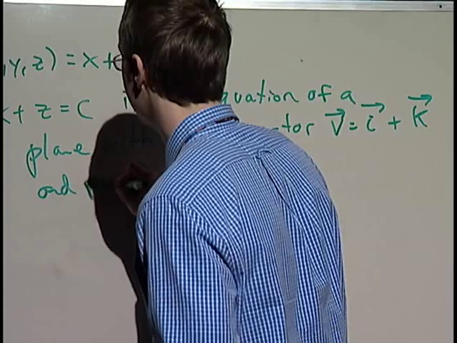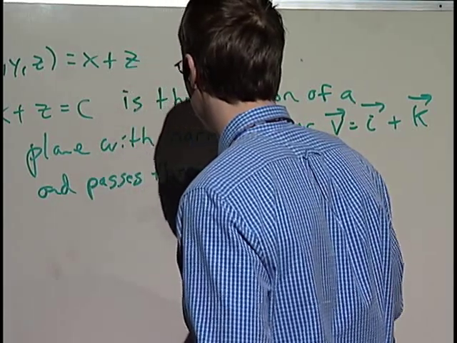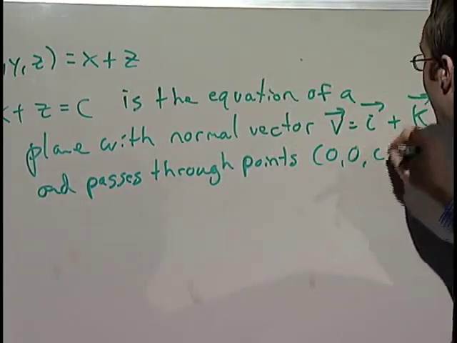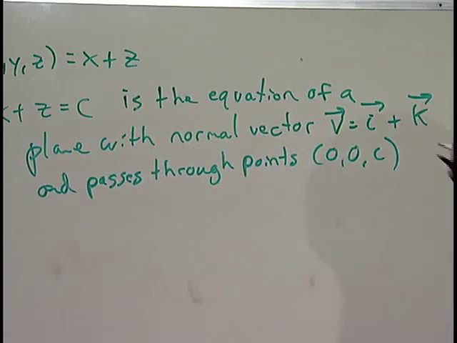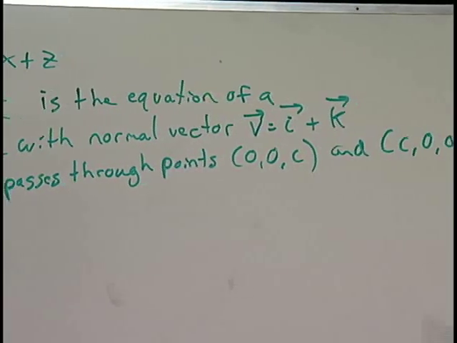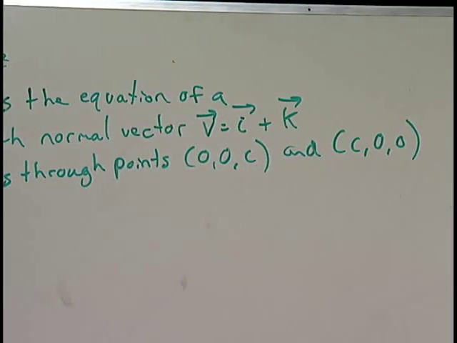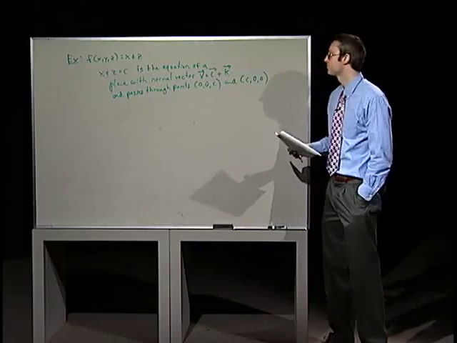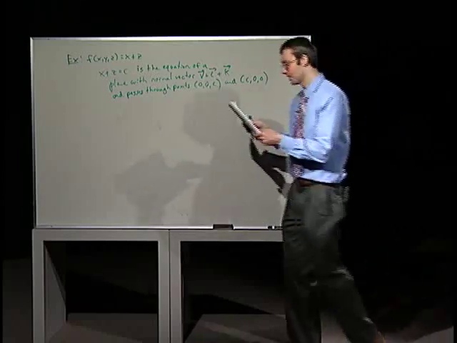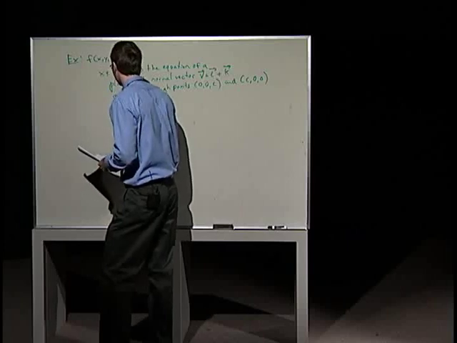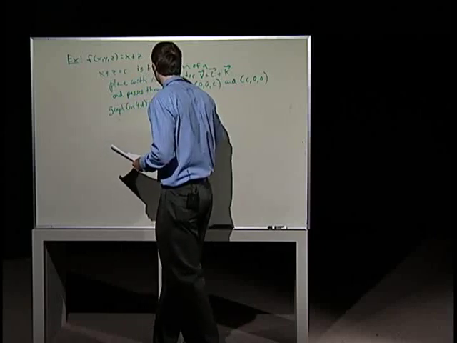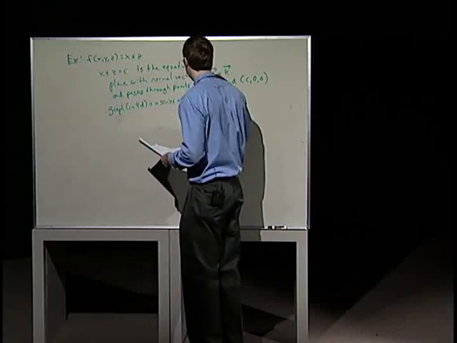and it passes through the points 0, 0, c. When I plug in x equals 0, that makes z be c, and c, 0, 0, right? So this is a series of planes equal to various constants. They have the same normal vector, and they pass through these certain points. All right? So what's the graph in 4D look like? The graph in 4D is a series of parallel planes,